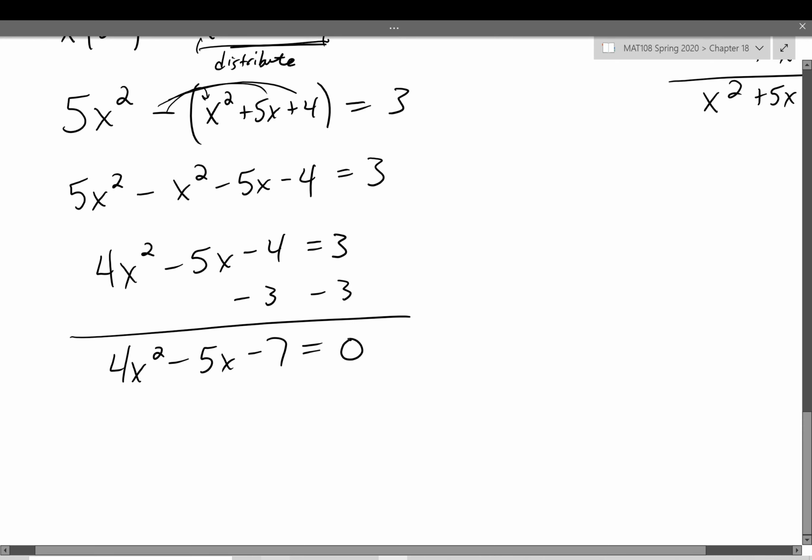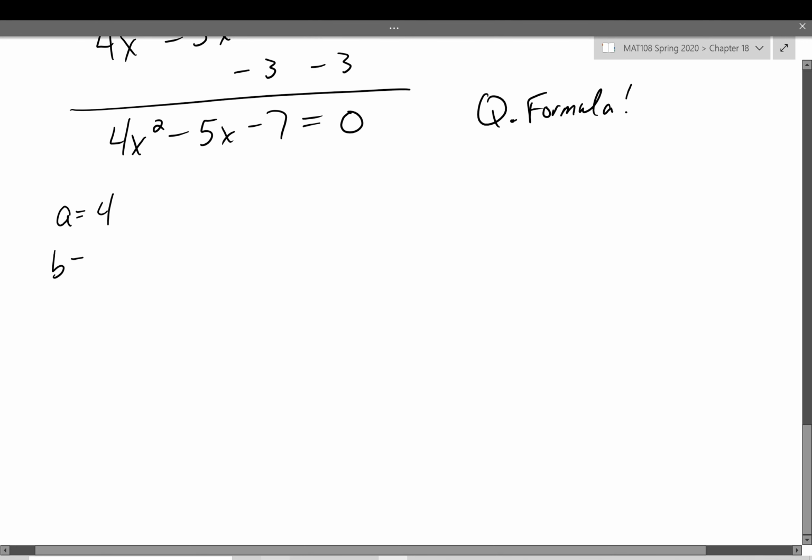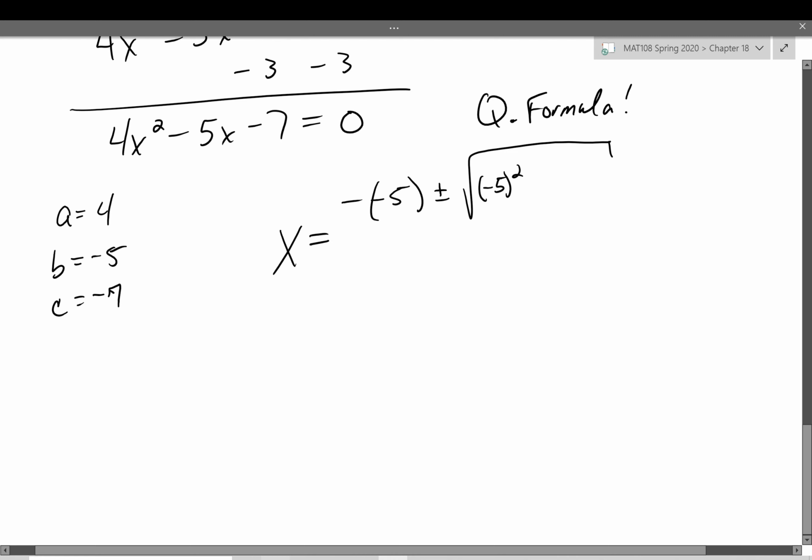And I'm not even going to try to factor this. I'm going right into my quadratic formula. So a equals 4, b equals negative 5, c equals negative 7. And let's just do it, okay? x equals negative, parentheses, negative 5, plus or minus the square root of negative 5 squared minus 4 times 4 times negative 7, all over 2 times 4, okay? So that's going to give me x equals